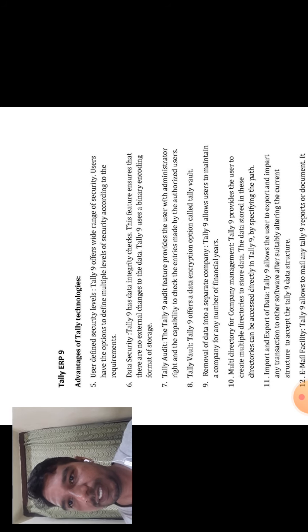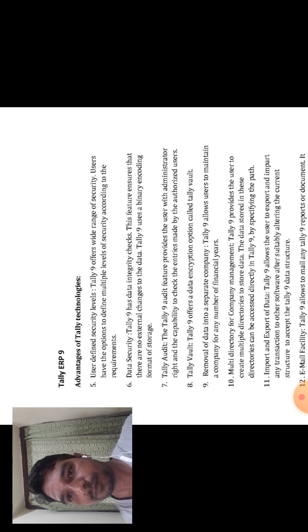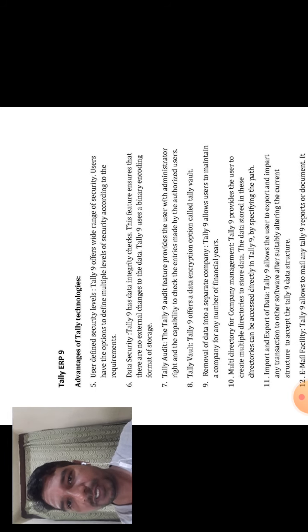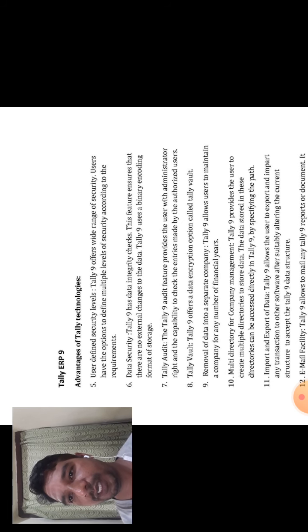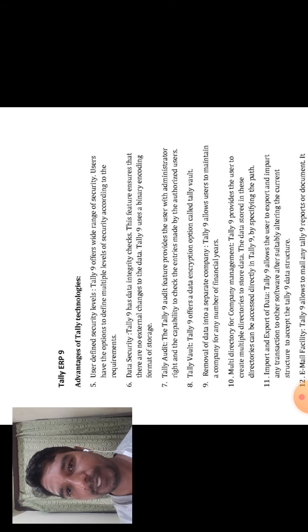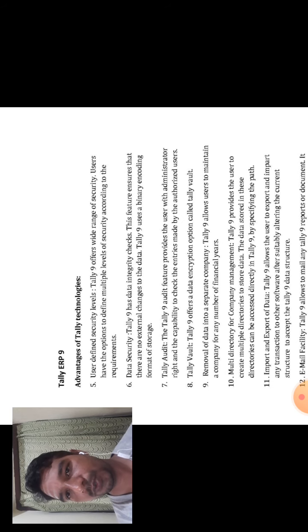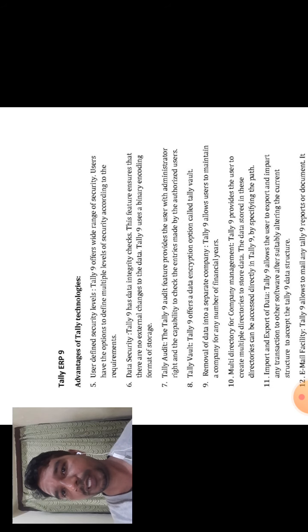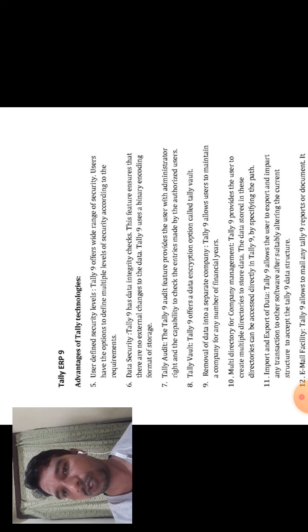The seventh one is Tally Audit. The Tally 9 audit feature provides the user with administrator rights and the capability to check the entries made by authorized users.